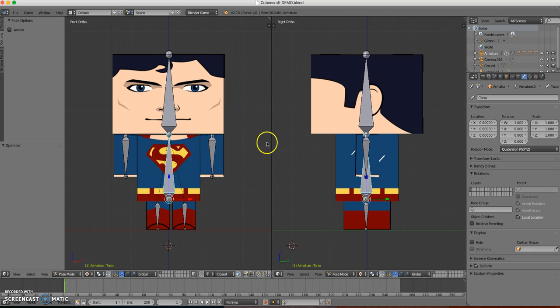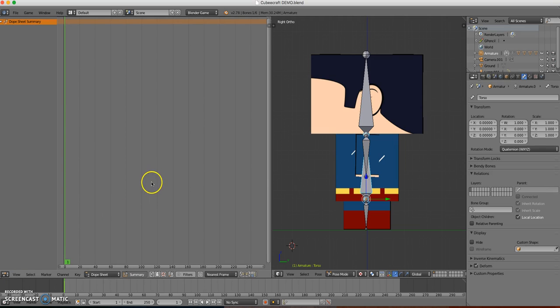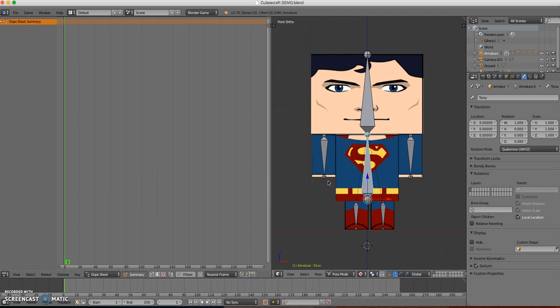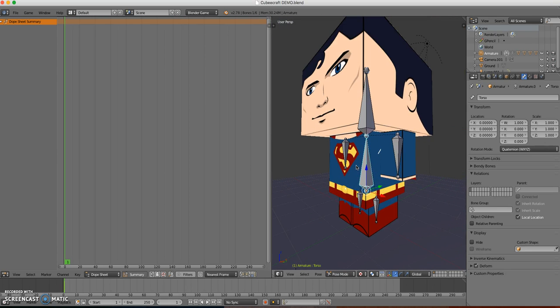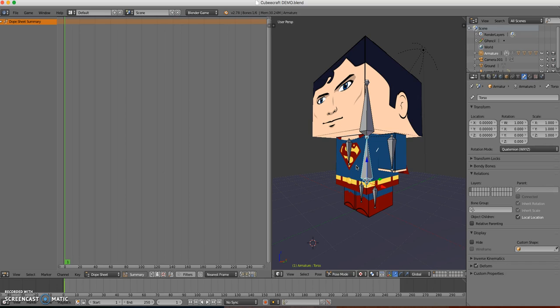So what I'm going to do is change one of my windows here to the dope sheet editor. There we go. Okay, so now we're going to create animation actions. The way that it works is that you create these actions that are saved actions. We're going to create 3: a walk cycle, a run cycle, and a just standing still action. And then in the third part, we'll be able to actually control those actions